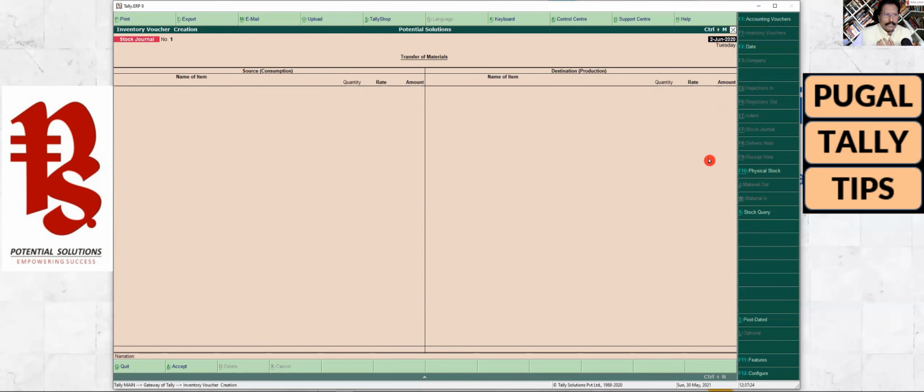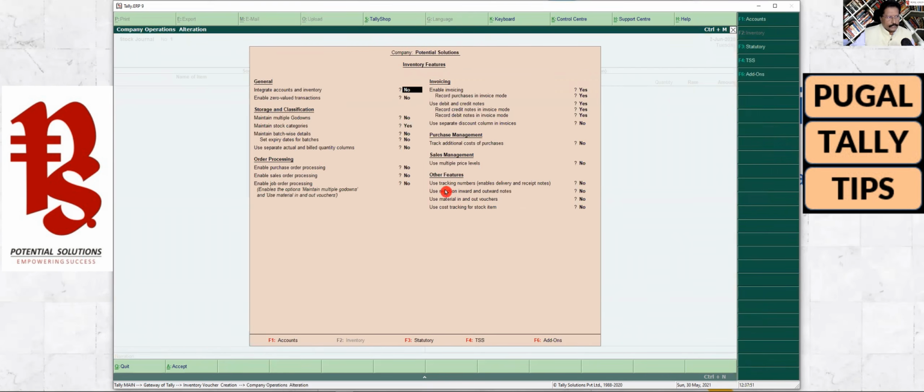How do we enable the delivery note, receipt note, rejection in, rejection out, or material in, material out in Tally ERP? You have to remember that you have to enable them in the F11 feature. You see that the delivery note and receipt notes are grayed out. So I'm going to press F11, and you will have the inventory feature. Under inventory feature, under other features, you have an option which says, if you see here,